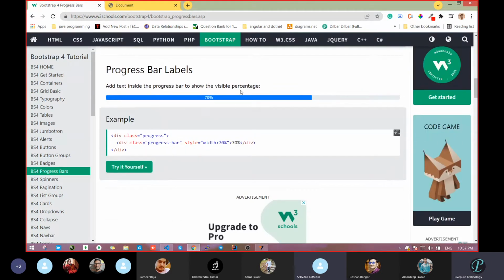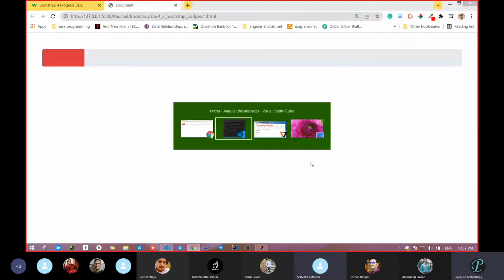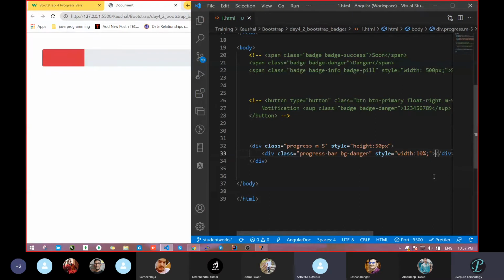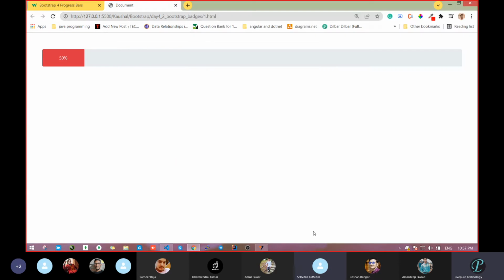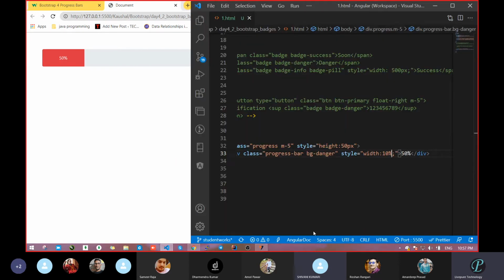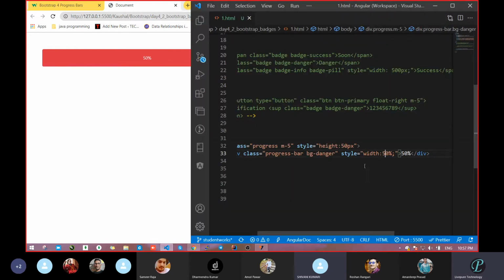Now we want a label also. That 70% data is there. So I want 70%, meaning we had uploaded 70% of the file. So this is 10%, we can write 10%. Between the div we can write, and that will appear in that section. Okay. So if you write here, suppose 50%, where will it go? It will be written there, but we want the color also accordingly. Correct? So now see, the text automatically comes in that section. It's 50%. So we can increase and decrease this value.